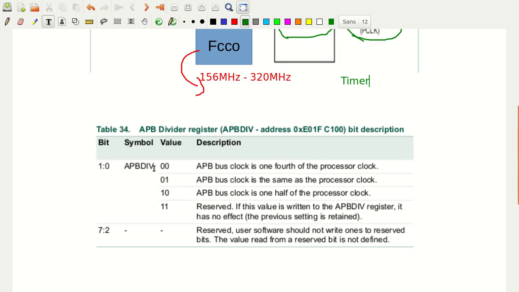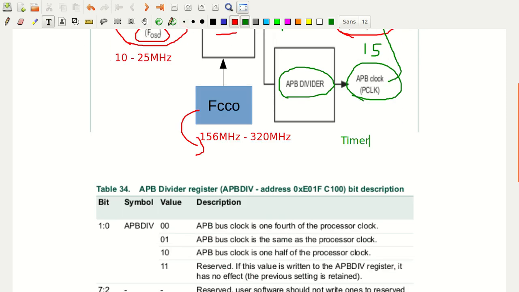As I said, there is some configuration that you have to do for the APB divider register. If the APB divider value is 00, as you can see here, it is 1/4 of the processor clock.